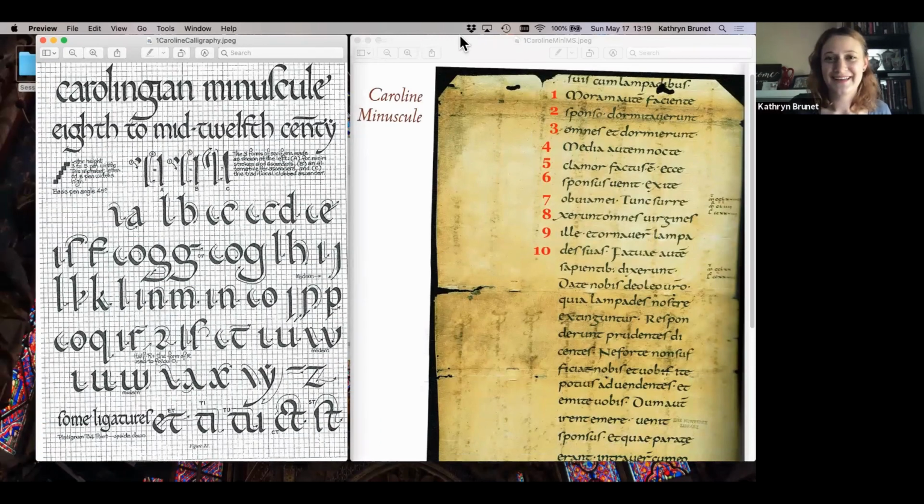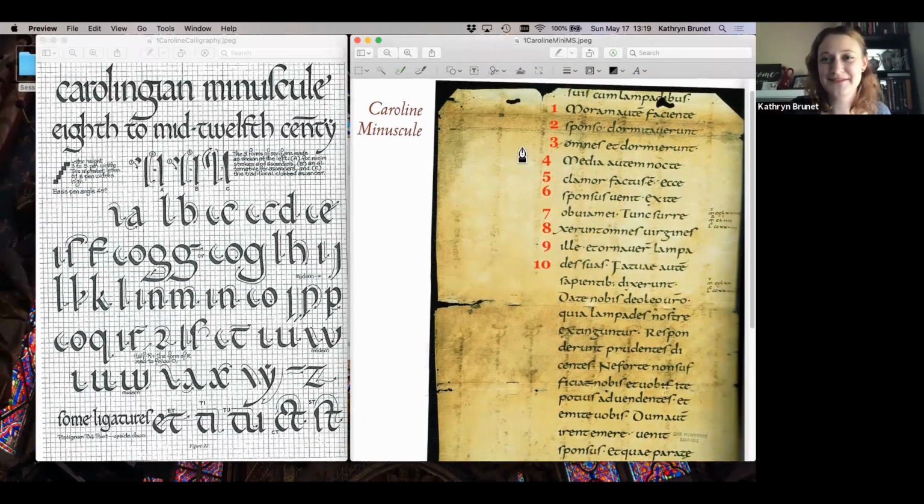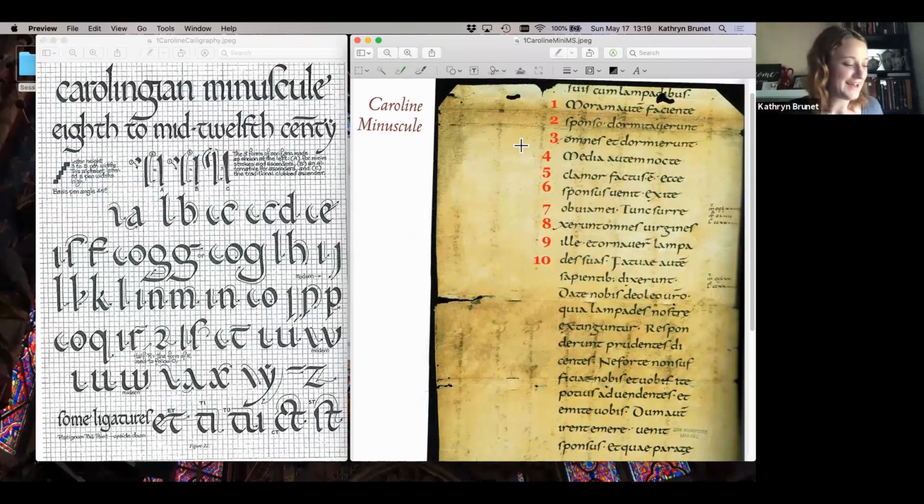Okay, so here we have the first example, which I hope is our most simple example and gives you a little bit of confidence to work through these documents. I chose this one because I think it's a really good beginner example. It's from the 800s, 825 to 850. It's French. It is in a style called Caroline minuscule or Carolingian minuscule, named for the time period that,